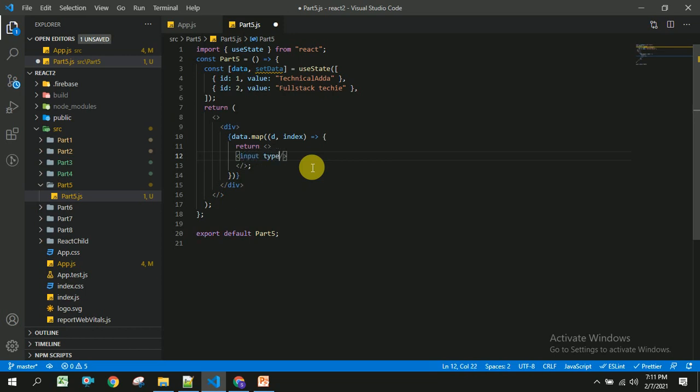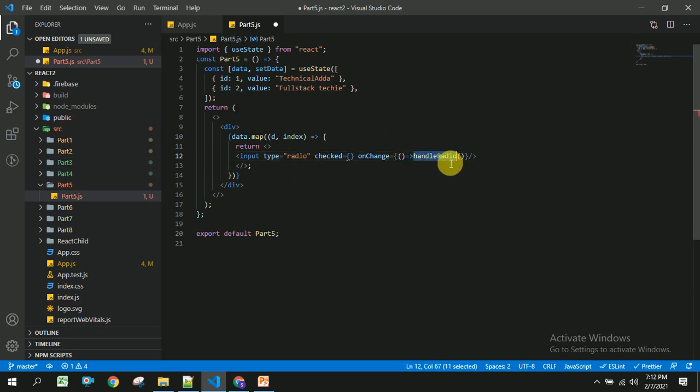I am going to specify the type as radio, and there is another property called checked. We will be writing that later. And onChange equal to some arrow function, handle radio change or handle radio.